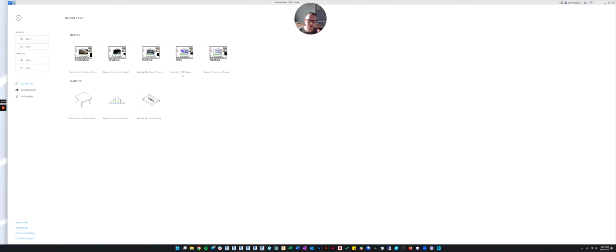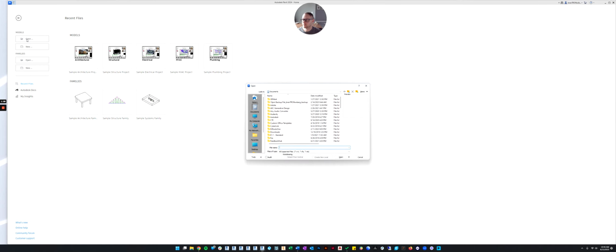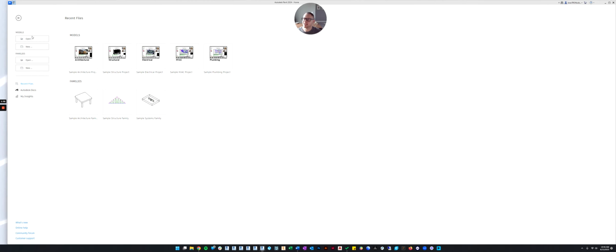If you have your own firm or you do your own work professionally, you're definitely going to want to take time to create your own template. But that's far beyond the scope of this course. So we're just going to go over to where it says models, because we're going to create a new model or a project. We're going to click the open command. We're going to hit the new command because we want a new project.